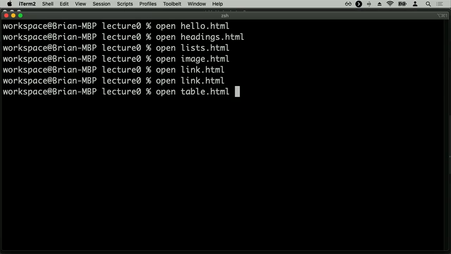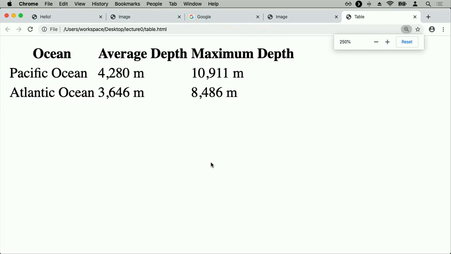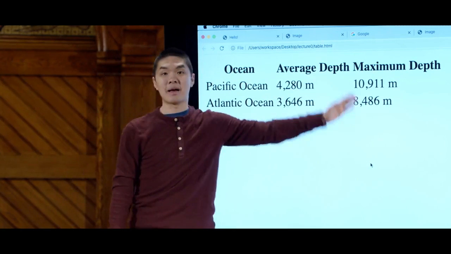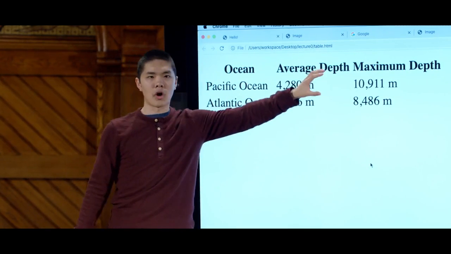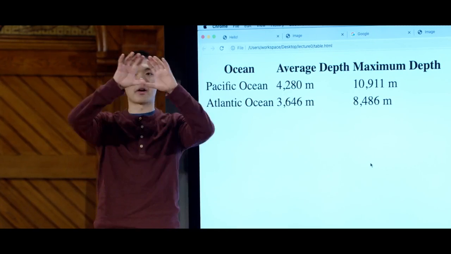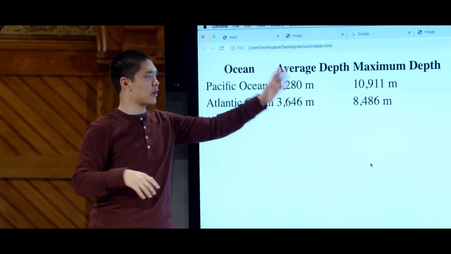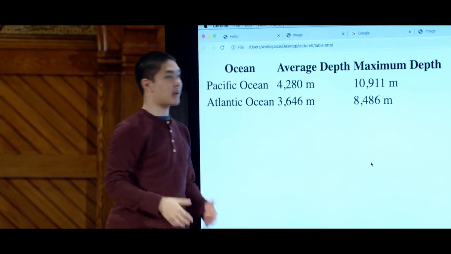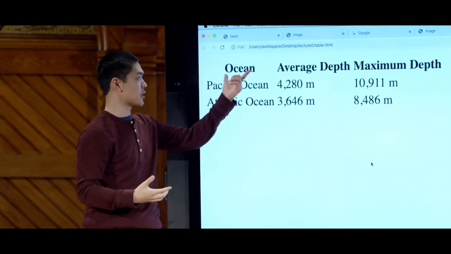So when I open up table.html now, here's what I'm going to see. I'm going to see a table-like representation of the data. It's not just one thing after another anymore. It's structured in a table. Now, granted, there aren't any borders, and I could probably add some colors and spacing to make this look a little bit nicer. But I see three columns: ocean, average depth, and maximum depth, where this very first row is what we might call the table header, the very top of the table that's defining what all of the columns mean. Inside of that table header is a single table row that has three table cells: ocean, average depth,